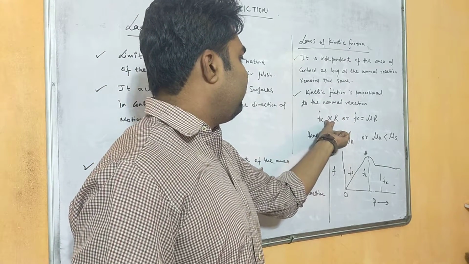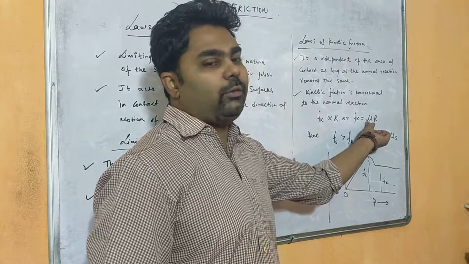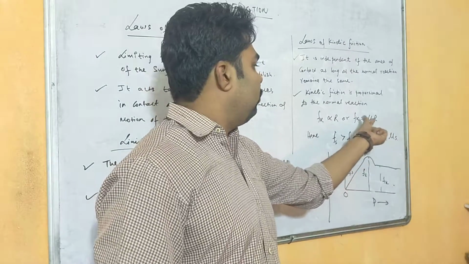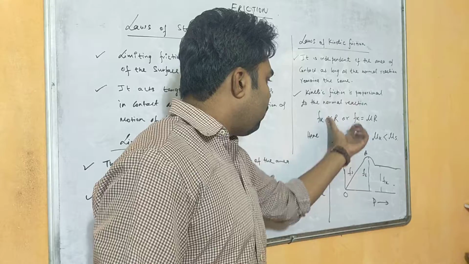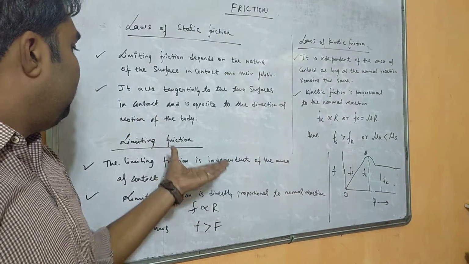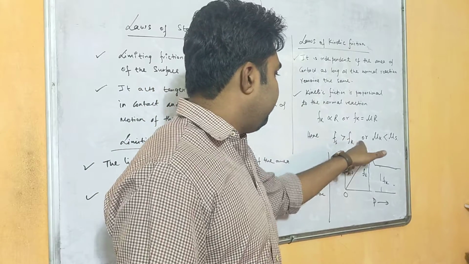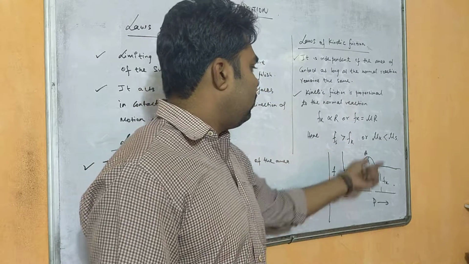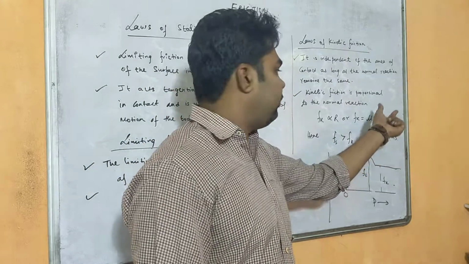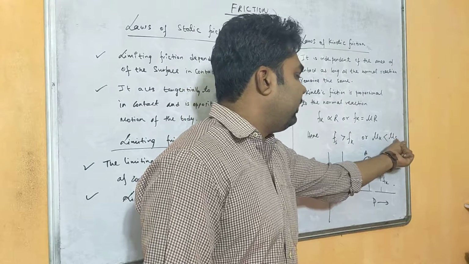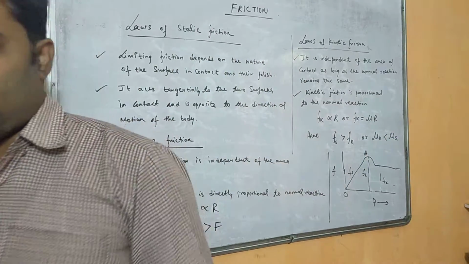When this proportionality sign goes, we will get a coefficient of friction, that is called nu. So Fk equals nu R. So from here, comparing static friction, limiting friction and kinetic friction, it has been seen that static friction is greater than kinetic friction, or the coefficient of kinetic friction is less than the coefficient of static friction.